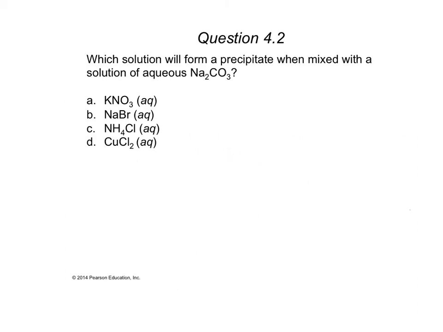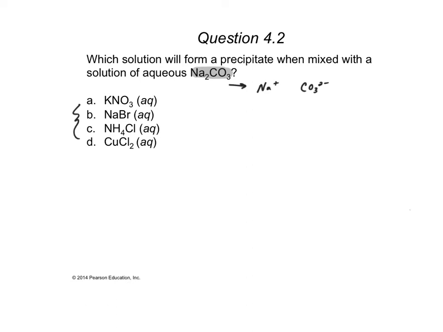Okay, so we'll go ahead and go over a problem that's going to be utilizing some of the things that we've just learned, right? So in this question, we want to know which of these 4 solutions, so we have 4 separate solutions over here, will form a precipitate when it's mixed with an aqueous solution of sodium carbonate, right? So essentially what we have right now is a solution, completely soluble, of the sodium carbonate. So because it's soluble, we know that we've got sodium ions floating around, and then we've also got carbonate ions